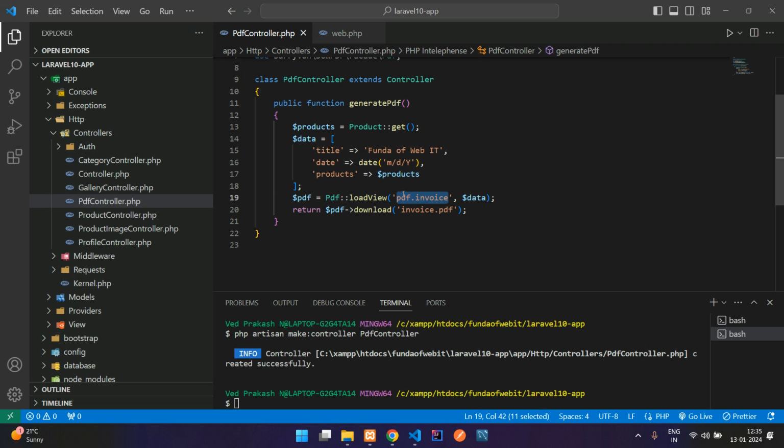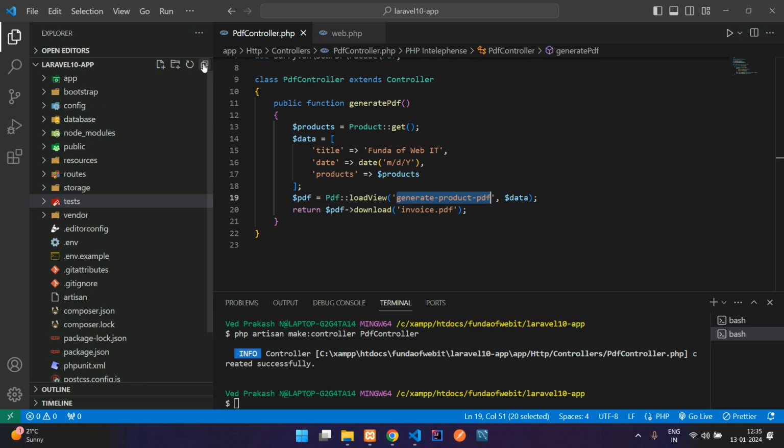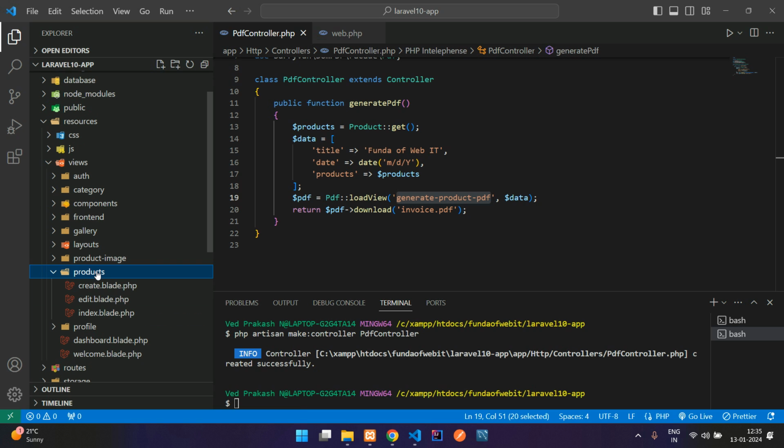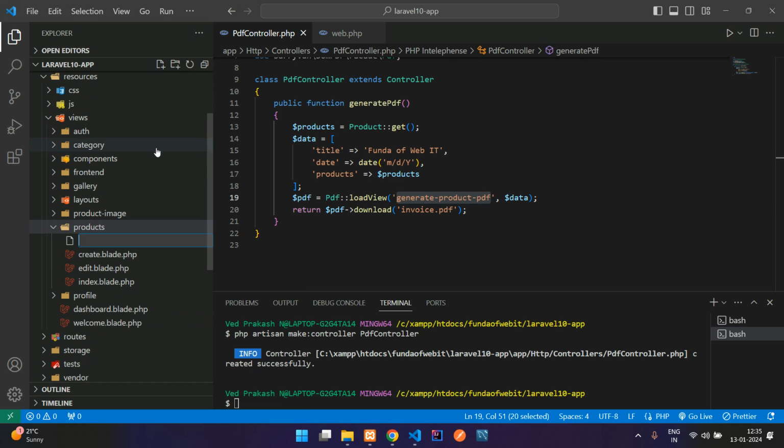So guys, you need to create a blade file named invoice, or you can call it generate product PDF. You can remove this and directly create a blade file. For that, just go to your resources views directory, or go to any products folder. Here I have my products folder, and I'm going to create a new file inside that